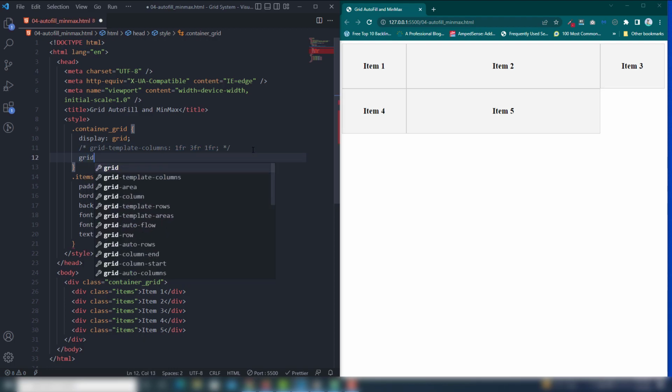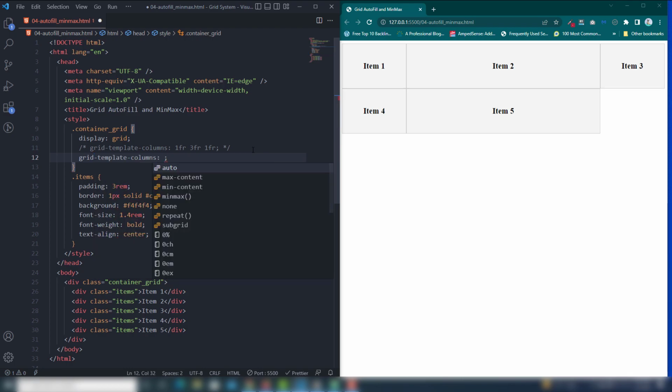I'm gonna call grid template columns, and then I'm gonna call repeat. I want to repeat the columns. The first thing, you need to use auto-fit. Then you need to call minmax parentheses. Inside there you need to assign the size of the column and how many columns you want to create on the single row. So I call 300 pixels and also 1fr,